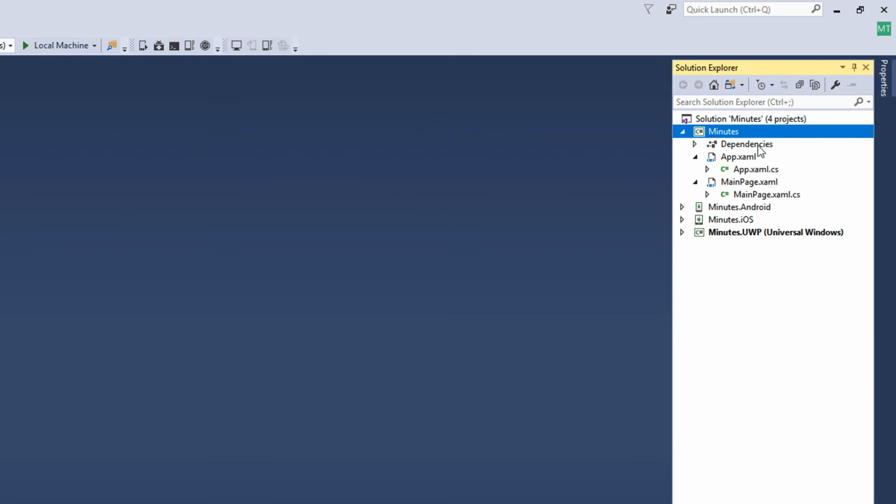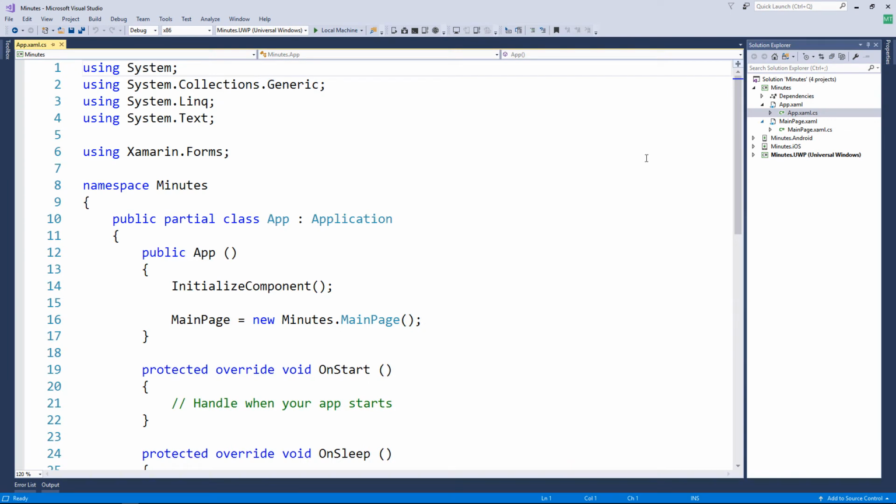And over here, we get an instance of a class called app created for us automatically. And by the way, it's just a coincidence that the class over here is named app and the one in UWP is also named app. Those are separate and distinct things. If I open this up here, you can see there's this class app and it has a constructor which sets the main page property. Whatever we put into main page, that's what the user sees. And in this case, it's a class also named main page, which is part of the starter template.